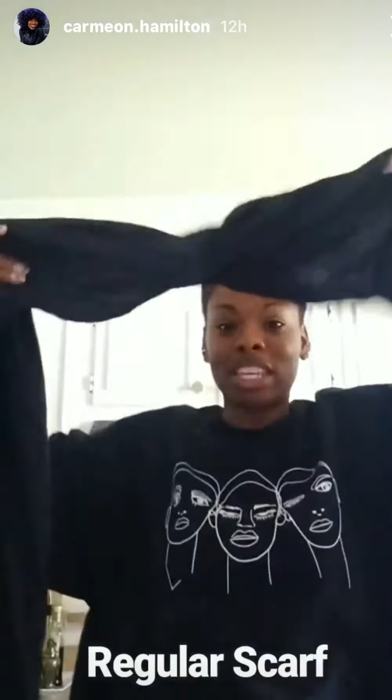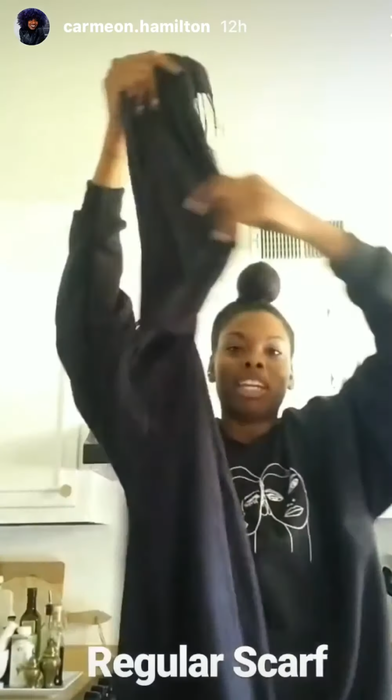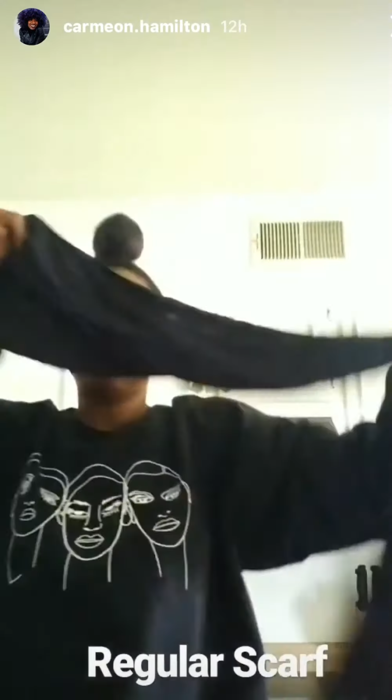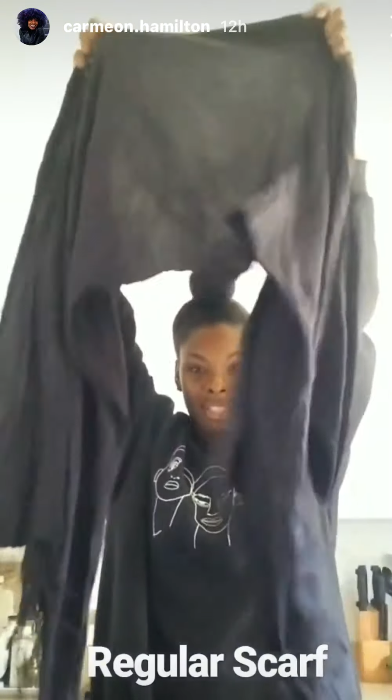But anyway, this is just a regular scarf from Target. It's even got the tassels on the end. So what I do is from the center, I like to roll the back edge that's going to be on the back of my neck, so there's no real seam or anything. I roll it over, put it on the back of my head, and then gather